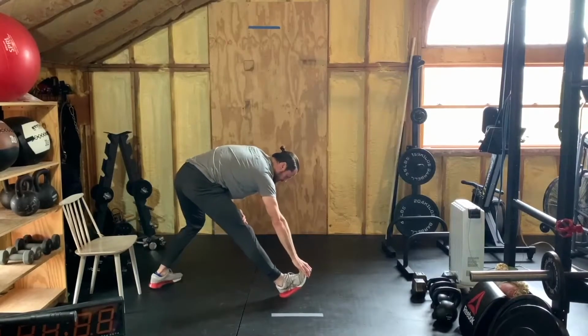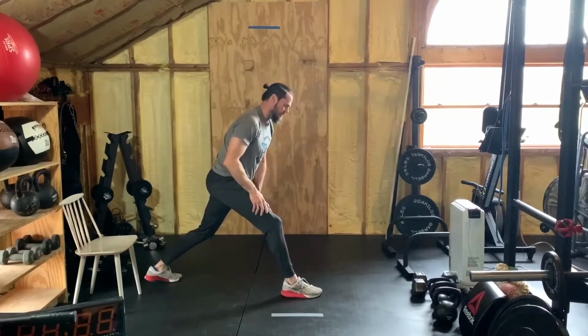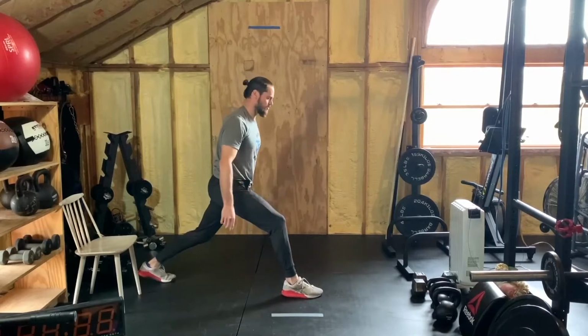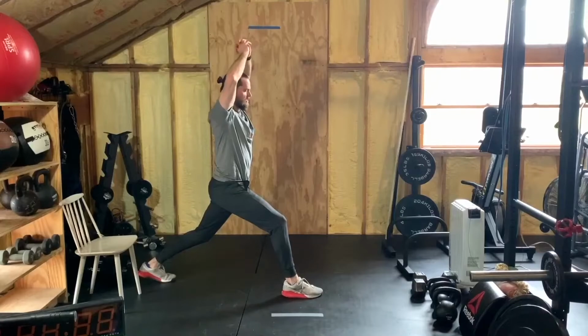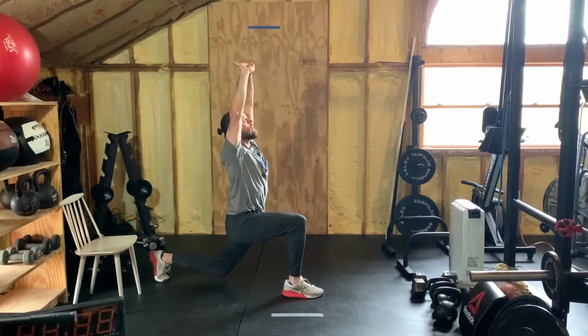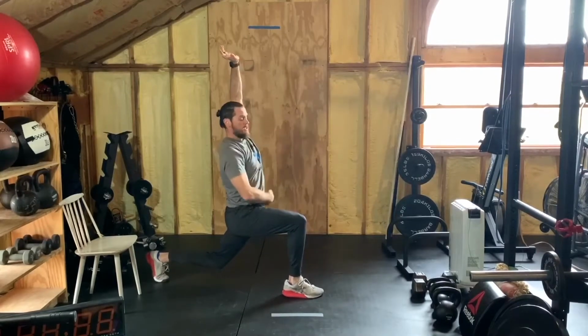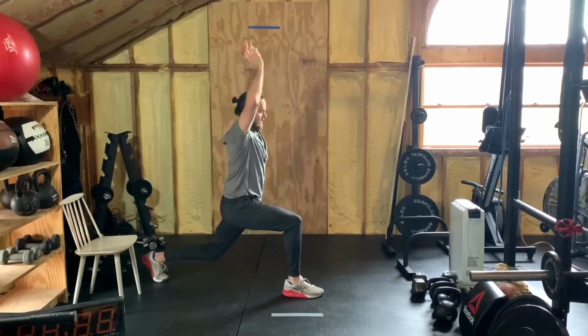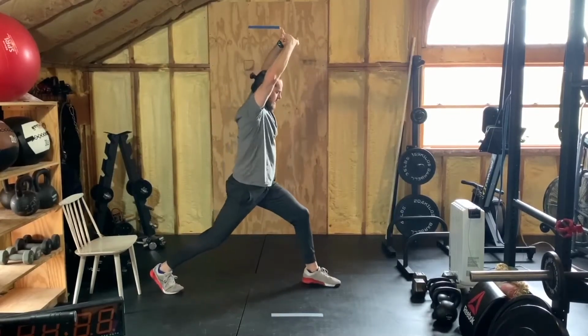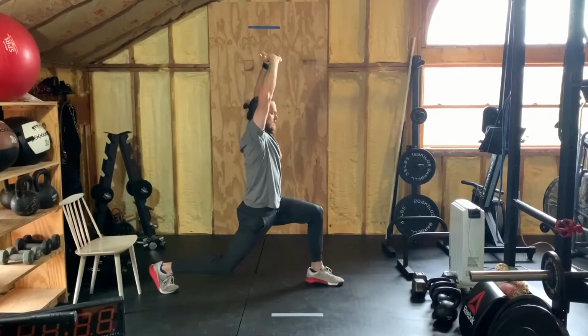And then lastly, keeping that foot forward, you're going to work into a hip flexor stretch. Bring those hands overhead, push them toward the ceiling and lower, feeling that stretch in the hip flexor. I'll switch sides for you just so you can see. Again, hands toward the ceiling, lower